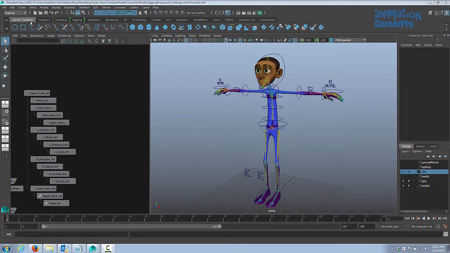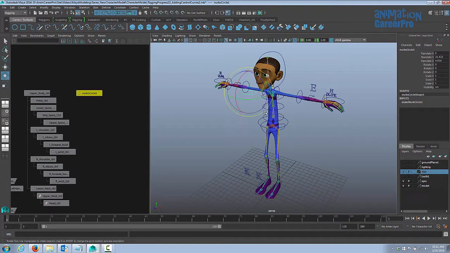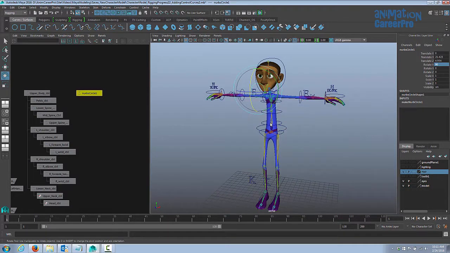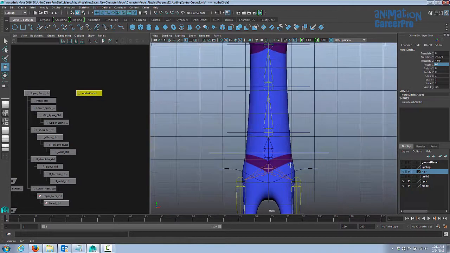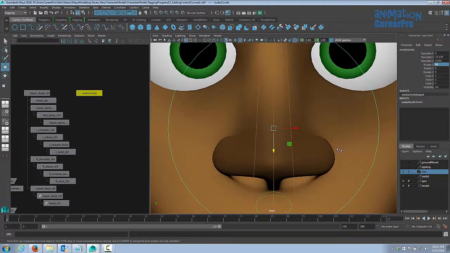So let's go to our curves and surfaces shelf, and we'll click on the NURB circle, and it comes in at the origin. Let's bring it up and out. And we're going to rotate that in X 90 degrees. You can rotate it manually, but to be precise, let's just type in 90 degrees in the rotate X attribute. We're going to hit the spacebar for our marking menu, and we're going to right click, and we're going to go to front view. You can hit F on your keyboard to focus in on it.